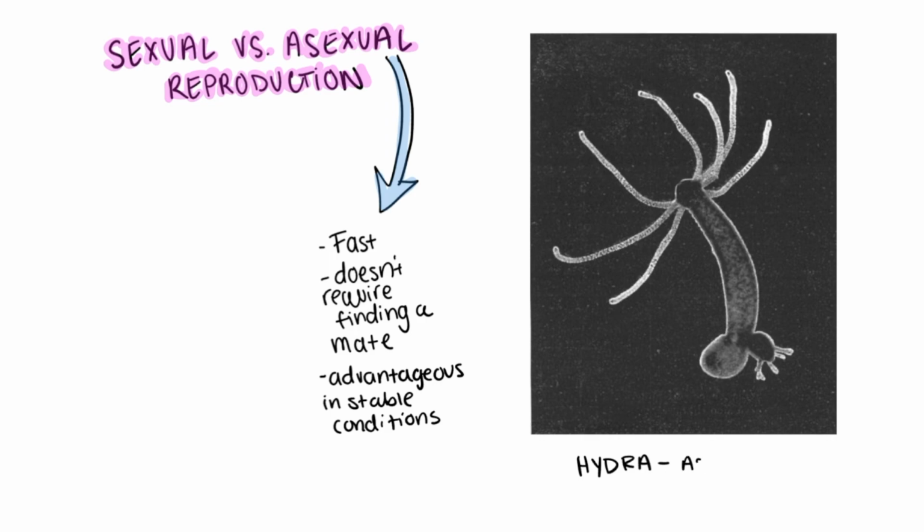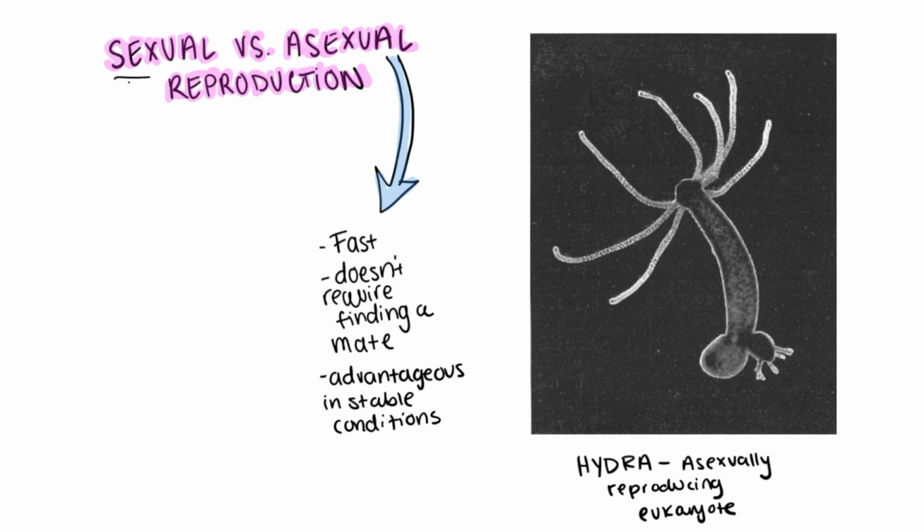And actually, not all asexual organisms are microscopic or prokaryotic like bacteria. Take the hydra, for example. This is a tiny freshwater animal related to jellyfish and corals. Hydra are multicellular eukaryotes, meaning their cells have nuclei and organelles just like ours. Hydra can reproduce asexually through a process called budding. Basically, a small outgrowth forms on the parent's body. It develops tentacles and a mouth and eventually detaches as a genetically identical clone. This process uses mitosis, not meiosis, since no gametes or fertilization are involved.